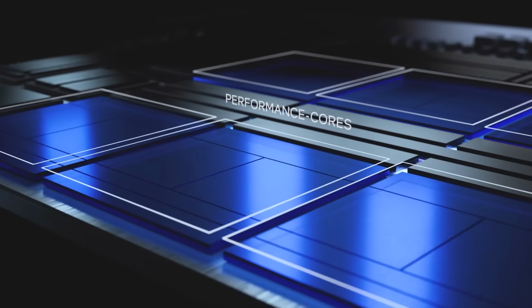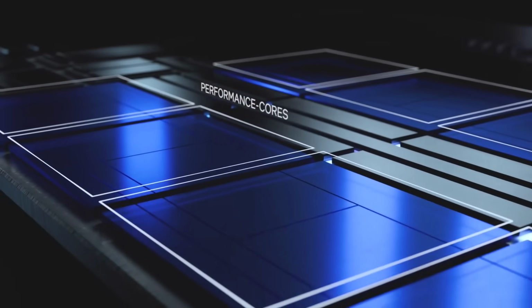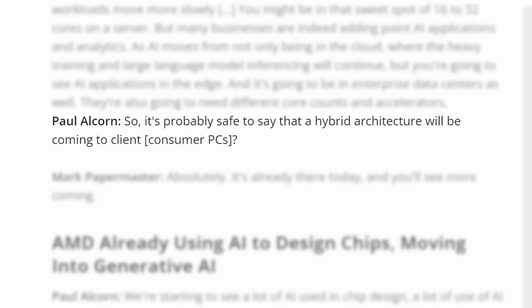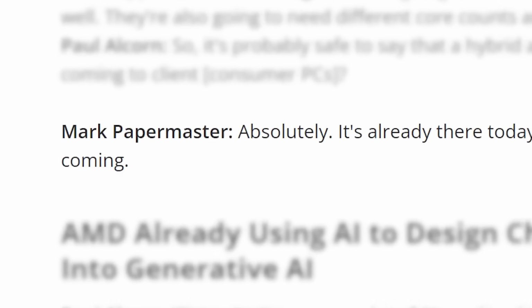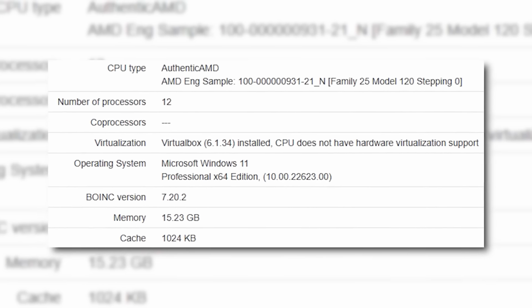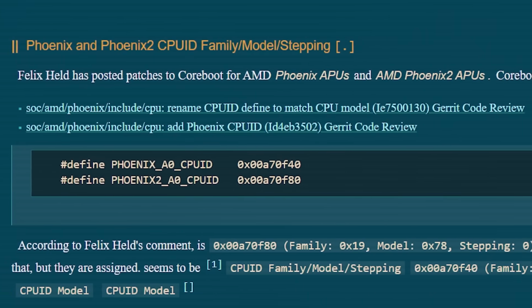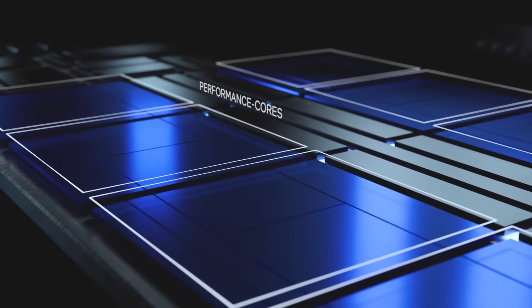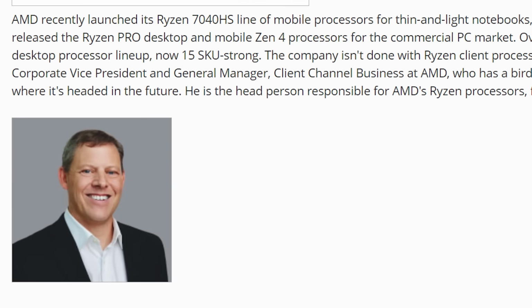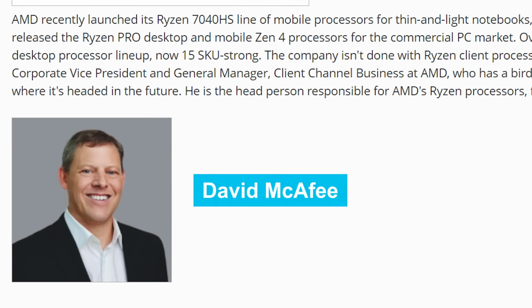Next up, it looks like AMD will not be following Intel's footsteps when it comes to desktop Ryzen. If you remember a little while back, AMD's CTO Mark Papermaster was interviewed by Tom's Hardware, where he seemed to suggest that AMD would be moving to a hybrid core design for pretty much everything. At the time, we knew about AMD's upcoming Phoenix 2 chip, which looks set to come with the big.LITTLE style design. Well, in a new interview by TechPowerUp with AMD's VP of Client Channel Business, David McAfee, he was asked about